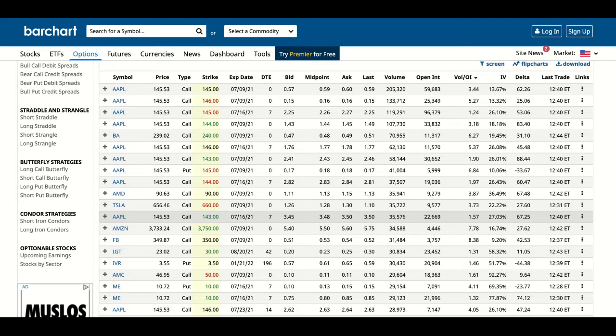But the thing with trading large caps versus small caps is that these stocks tend to be more stable, right? So your risk is lower when you're looking to go a certain way, but your gains are also a lot lower as well. So what I like to do when I look at unusual activity,